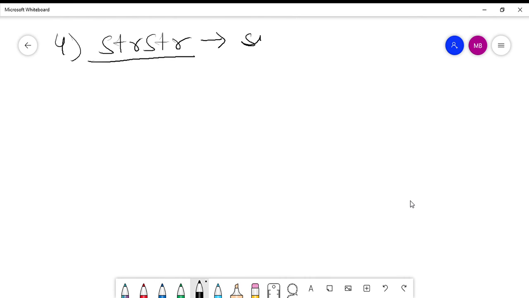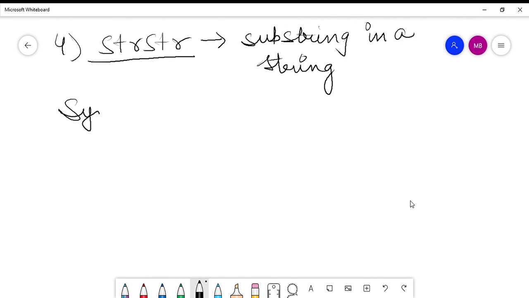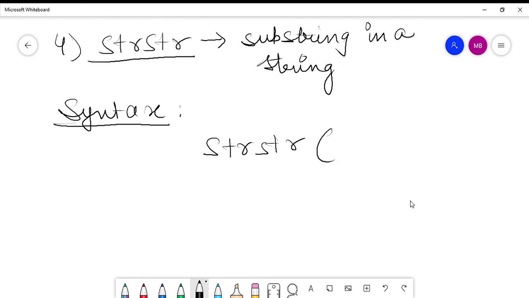When you want to find out a substring in a string, in that case you use the function strstr. It takes 2 parameters. So the syntax for this function is strstr, then string 1, string 2.